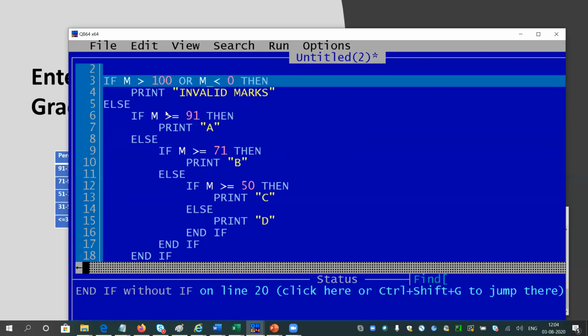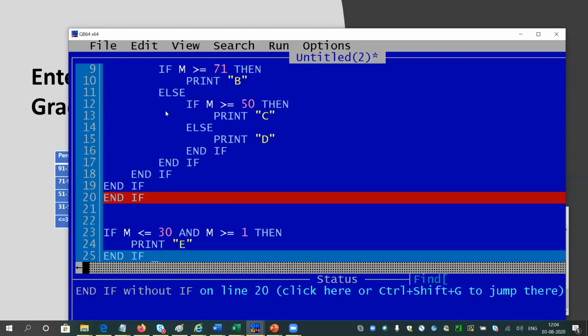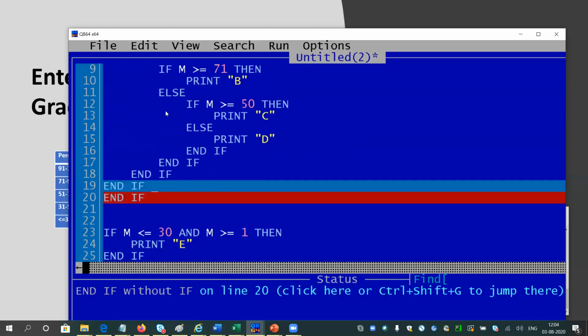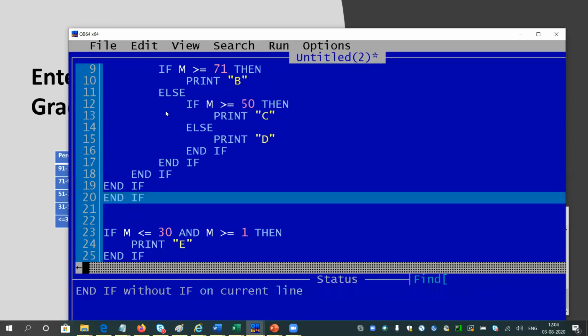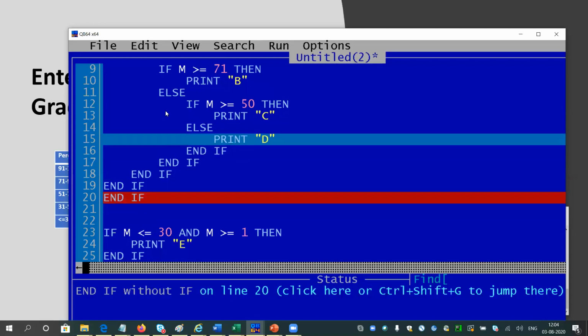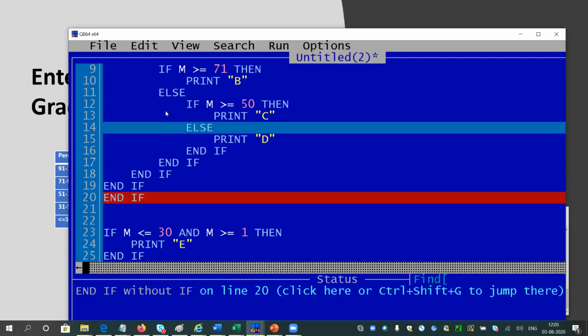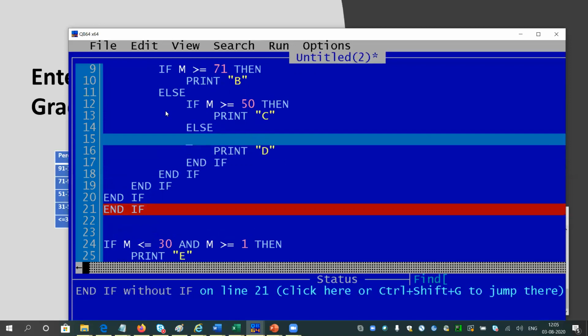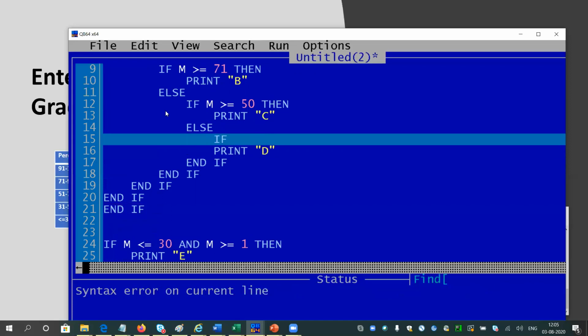So that is the optimum code: composite if in the first part, and then nested if. Okay, very good. I have to delete this part as well. Sorry, I have missed the e. Let me accommodate e as well. I missed the same. Even I have to be careful a bit.